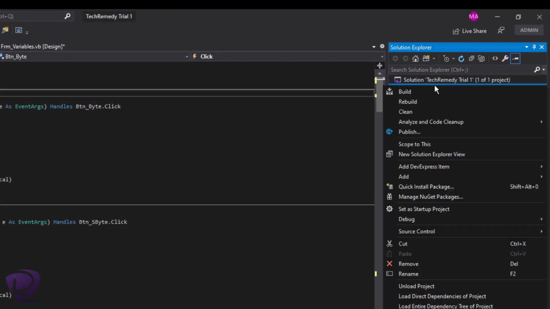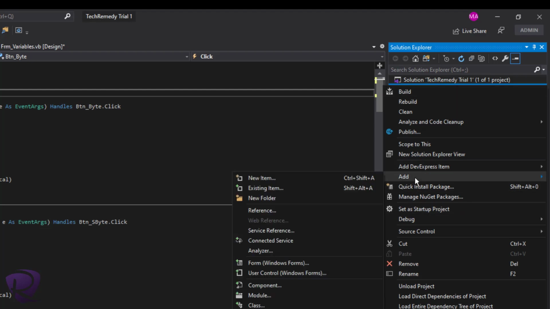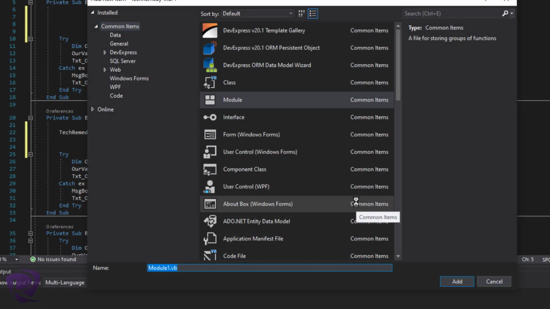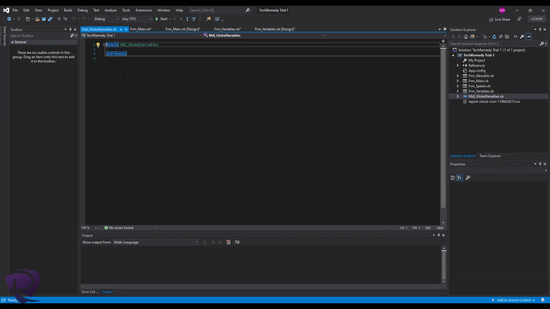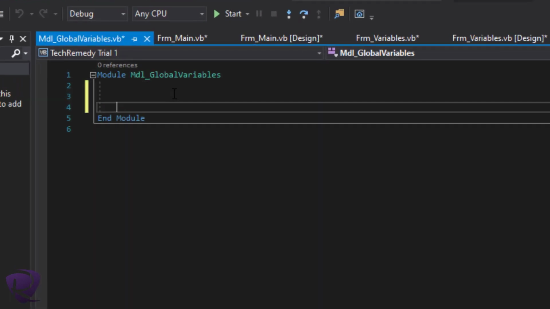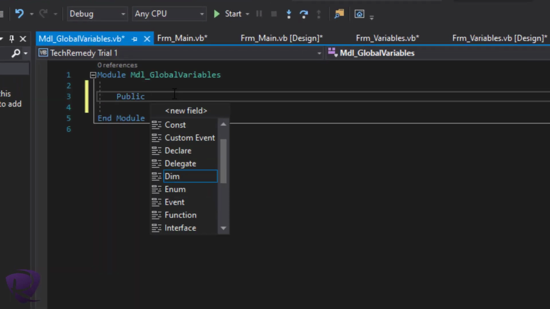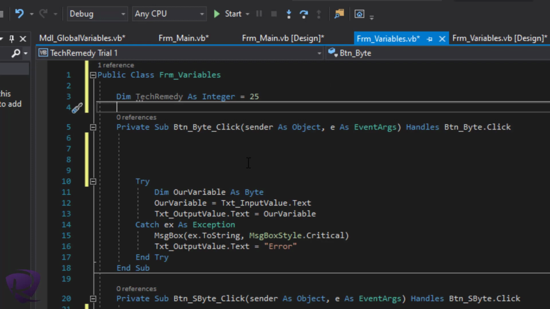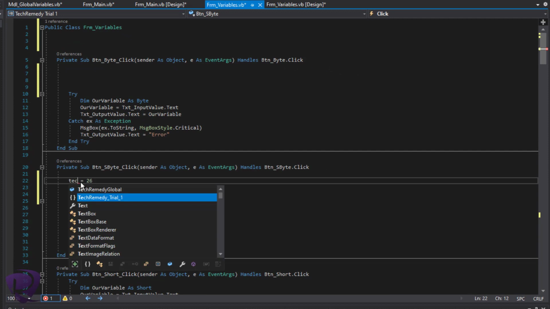So let's jump back to our program, go to our project, right click on our project, add, and then we choose module. Let's call it module global variables. Hit OK, and then inside that global variables module we will write public take remedy global as integer. If we go back to our variables form, remove this one, then go to this one, make it take remedy